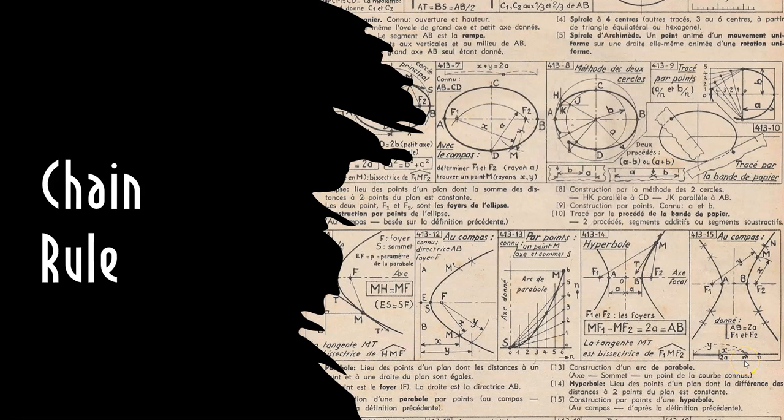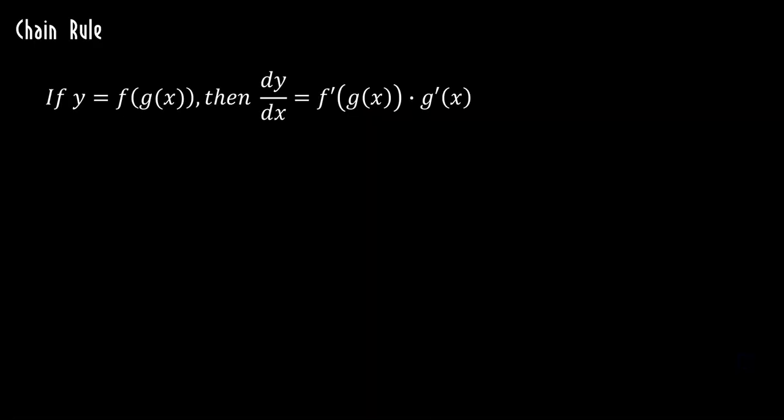In this video, I will talk about the chain rule. What do you do when there is a function inside of a function, or a function inside of a function inside of a function? You get the idea. Chain rule says that if y equals f of g of x, then the derivative is